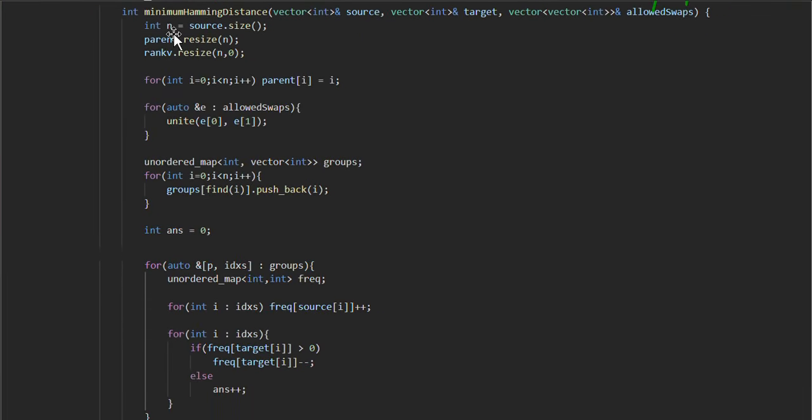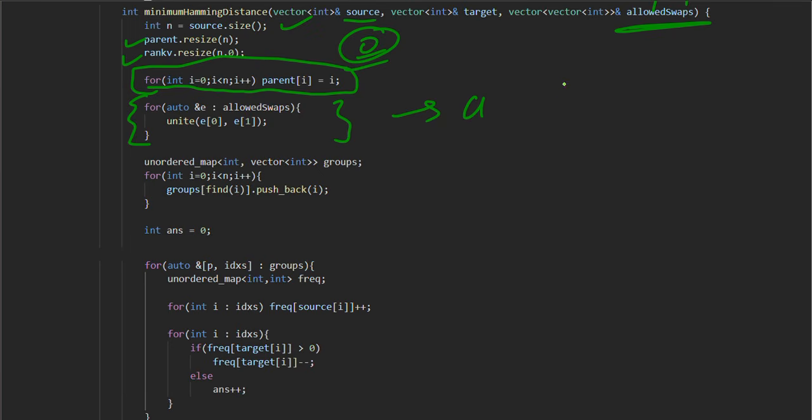So in our main function, we take the size of the source array, and then we declare a parent array of size n and a rank array of size n, and initially all have rank 0. Then we assign each node as its own parent initially, and then we build the components using the allowed swap array. We go to each index and take the values a and b, and then union both the values a and b.